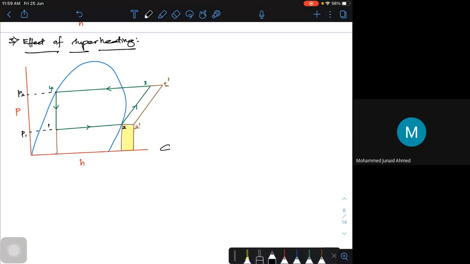They have found it actually. By superheating, somewhere we have to compensate it. The effect is, when we try to superheat, even though we are trying to absorb more amount of heat, the amount of work done, H3 dash minus H2 dash, will also slightly increase, because these lines are not parallel. You have to see that these lines are not parallel. They will be diverging.